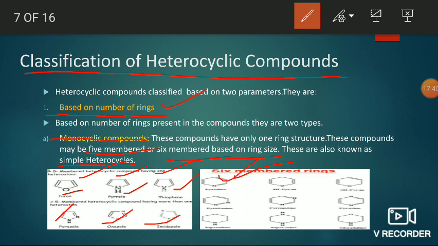The first one is pyridine. It is 4H-pyran, and 2H-pyran. It is pyrimidine. It is pyrazine. Sorry, it is pyrimidine. It is piperidine. It is pyrazine. It is oxazine. Okay, these are all examples of 6-membered heterocyclics. Okay, fine. Next,